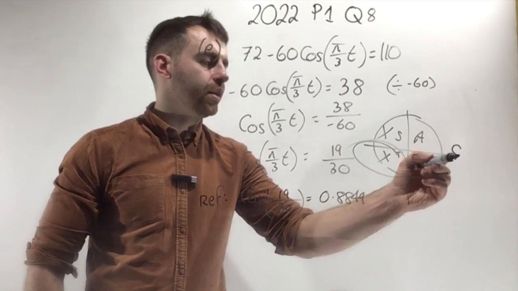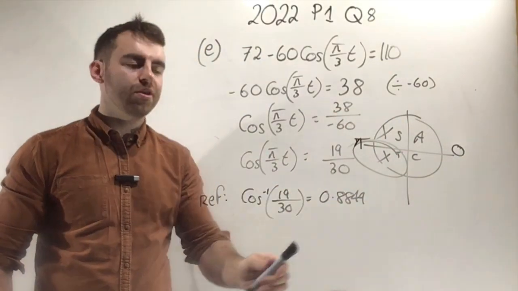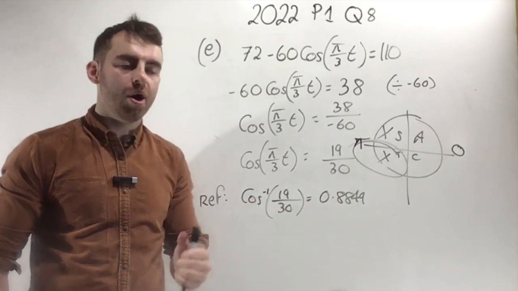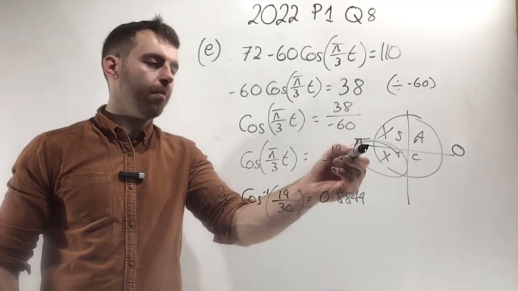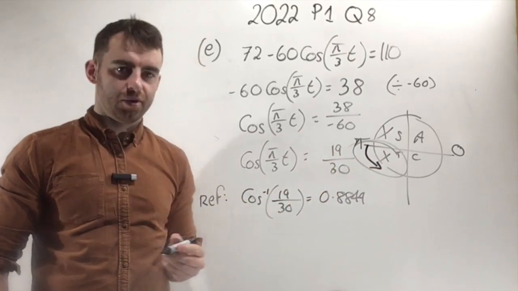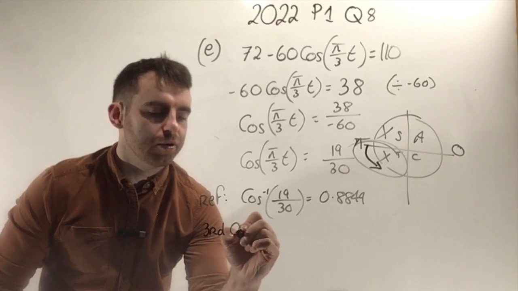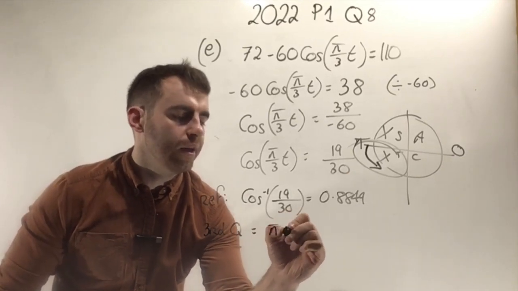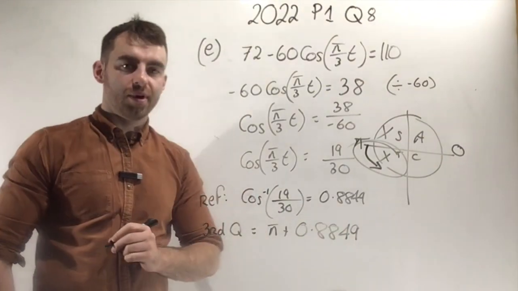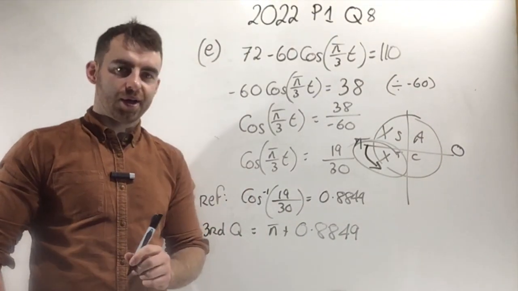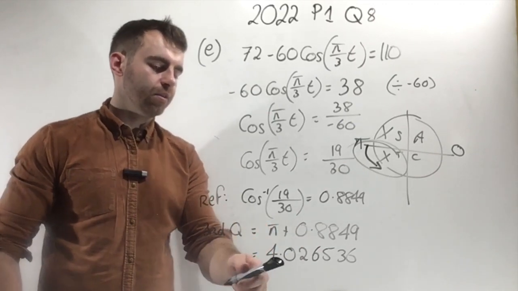Remember, if we're dealing with radians, you start off at 0, and after a half of revolution, you're at 180 degrees, which is equivalent to 1 pi radians. So if I want a value in the third quadrant, you start off at pi and you go into the third quadrant. In other words, to get your answer here in the third quadrant, it's equal to pi plus the reference angle, which is 0.8849. Now let's plug that into our calculator. Pi plus your reference angle gives you